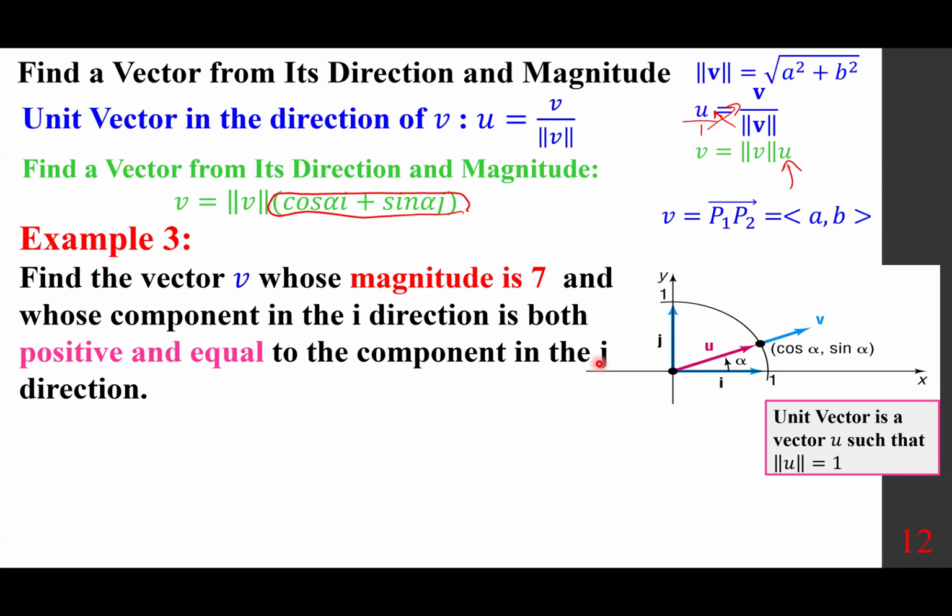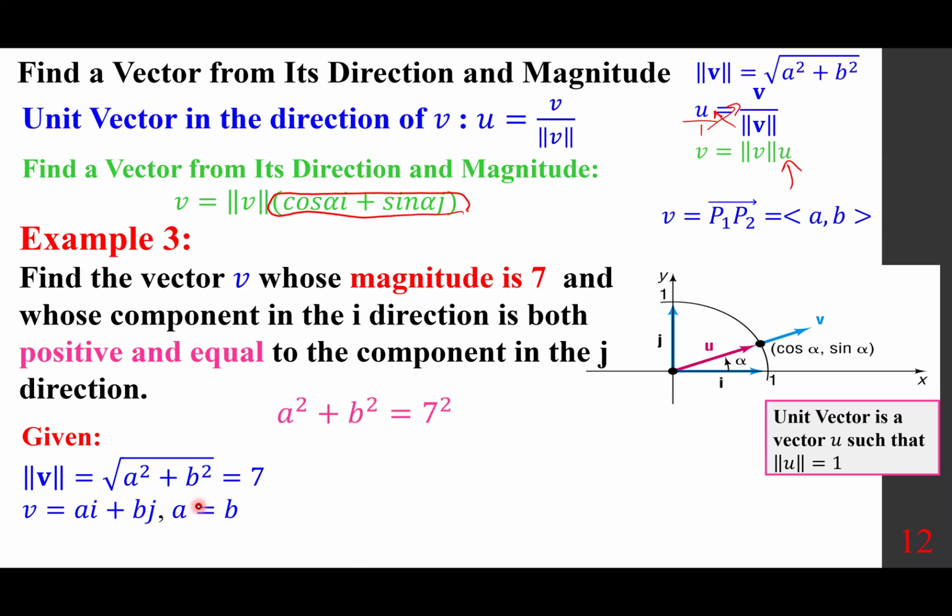Well, we know this to be 7, right? So we can write a squared plus b squared is 7 squared. And in this case, we want a equals b. So a squared plus b squared equals 7 squared, and since a and b are identical,